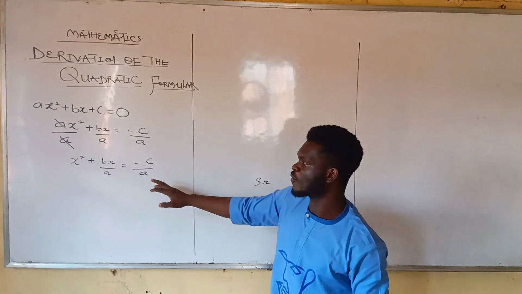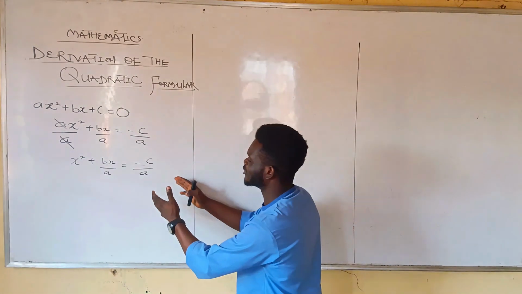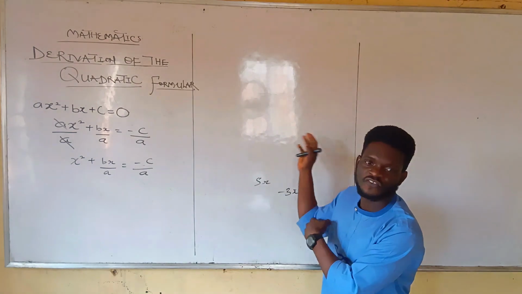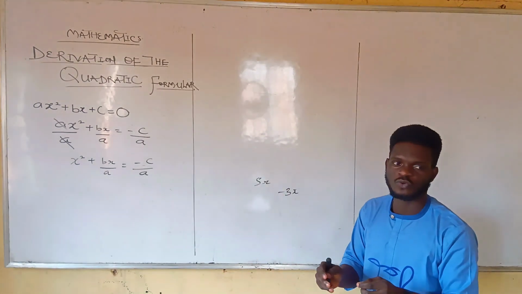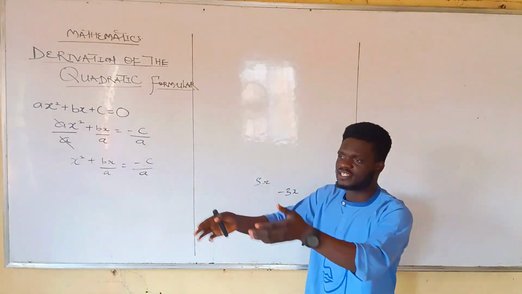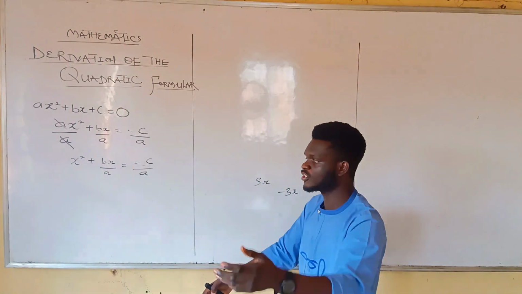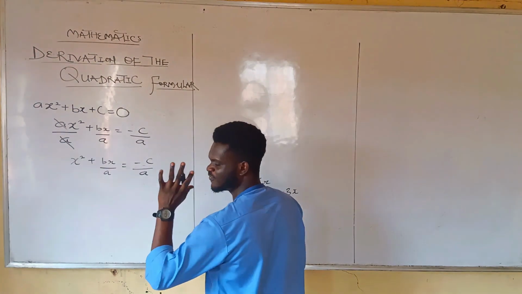I don't want you to have a problem whenever you get to this extent, because very many persons, when they get here, will focus on solving the left hand side or the right hand side. They will focus on solving the right hand side and forget about the left hand side. No, it's not supposed to be so. When you are solving mathematics, you are solving both sides pari passu, simultaneously. Very important. So what we are going to do here is a very simple trick,